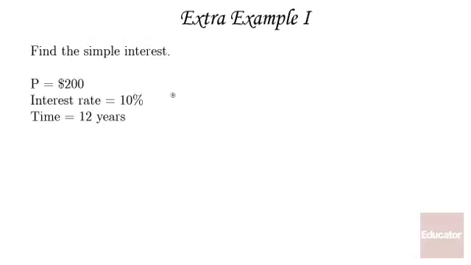So let's go through our examples. Find the simple interest. The principal is $200. The formula again is I, the interest, equals P times R times T. I, the amount that you make, is in dollars. P is in dollars. Rate is in percent. T is in years. The principal, the amount that you deposit, is $200. I want to find the interest, so I is what I'm looking for. I equals P, which is 200,